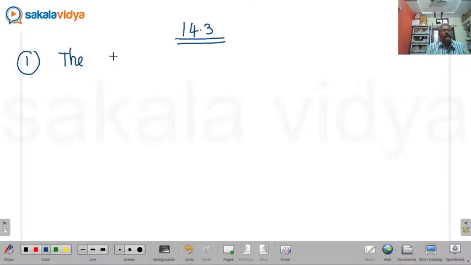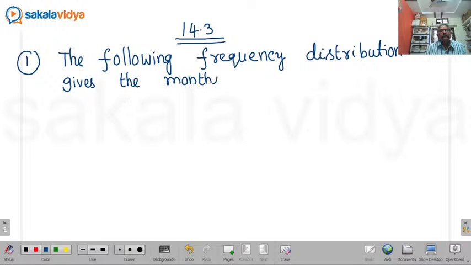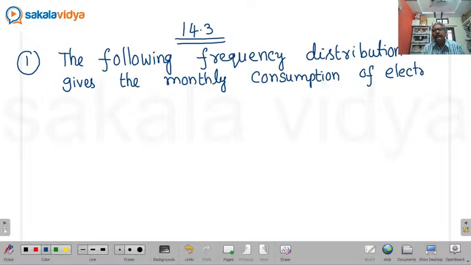The following frequency distribution gives the monthly consumption of electricity of